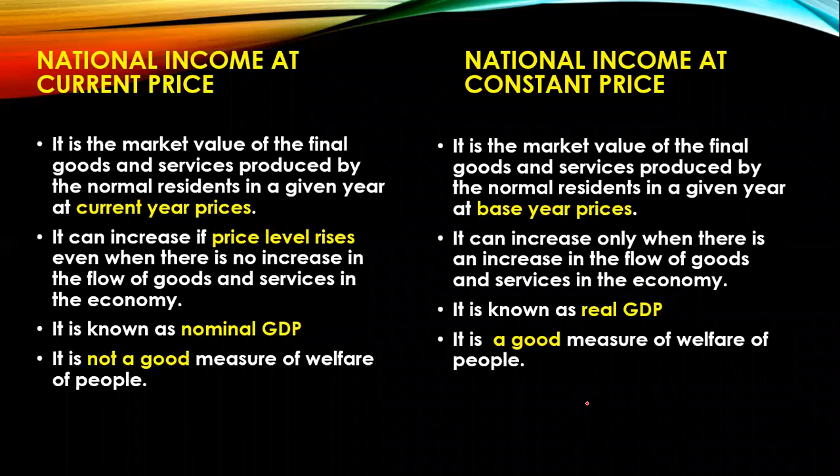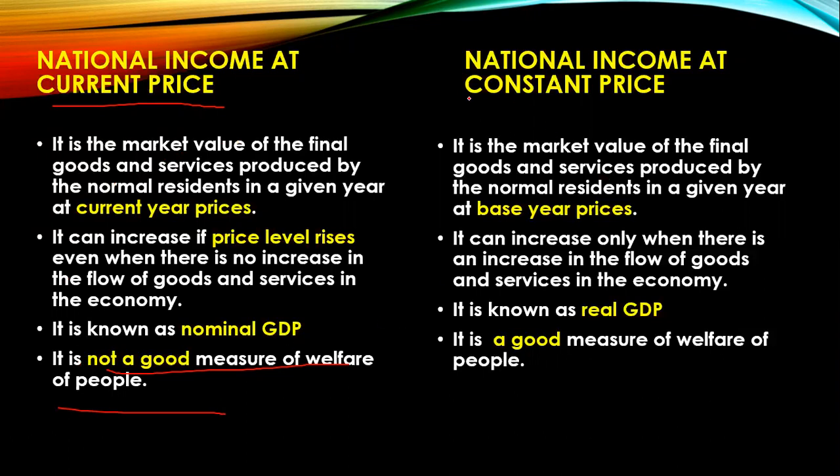So the next term is national income at current prices. Again, when you hear the word current prices, it means we are talking about nominal income, nominal GDP, which means the prices of the current year. If you measure the commodities being produced at that year's prices, you get national income at current prices or nominal GDP. And you can see this is not a good measure of welfare. Why? Because it reflects the price level. That is not good. We cannot say that production has happened in the economy.